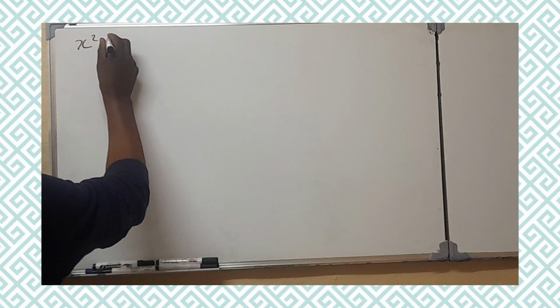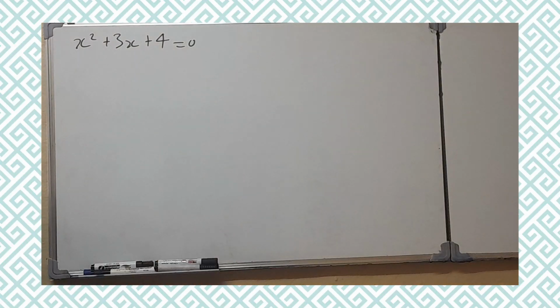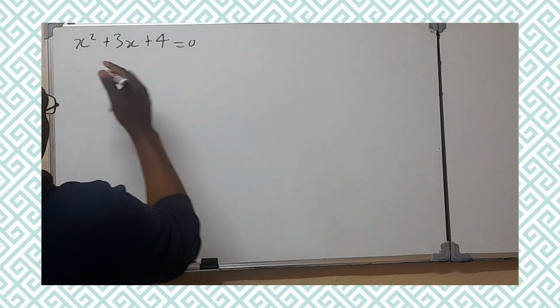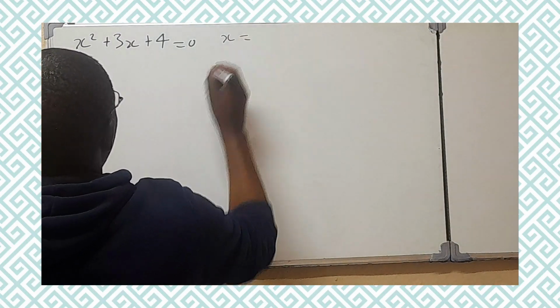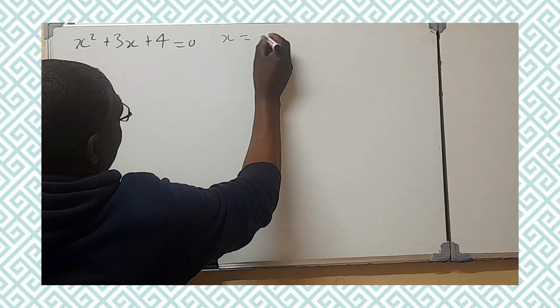In our previous video, we talked about complex numbers, and we discovered that if we had an equation of the form x squared plus 3x plus 4 is equal to 0, we could solve it in the normal way, the quadratic formula, and say, okay, our x is equal to minus 3